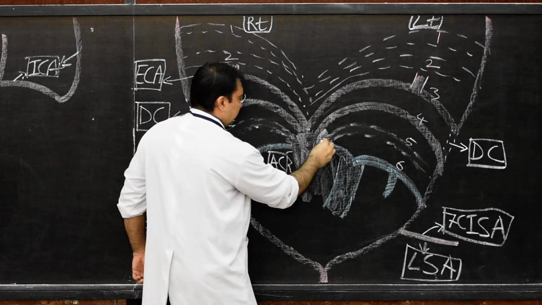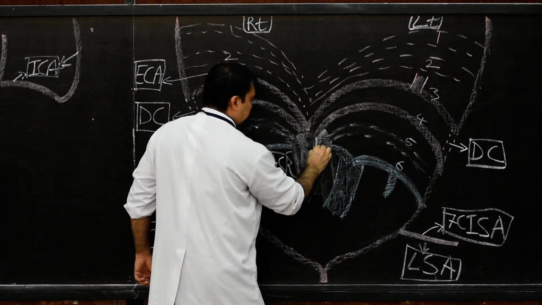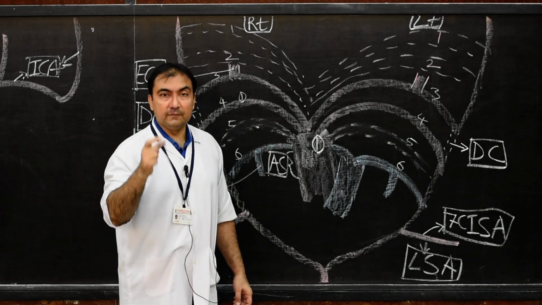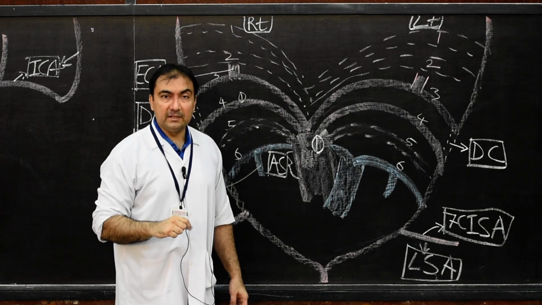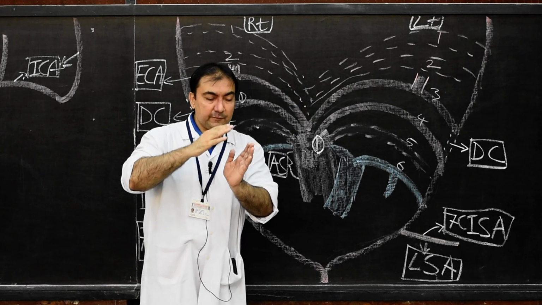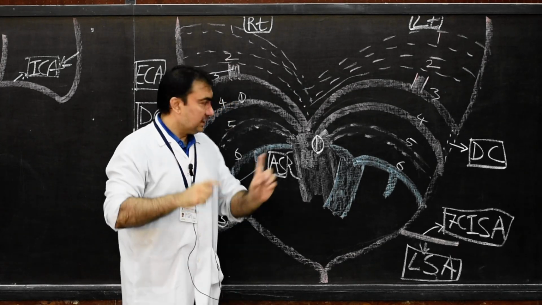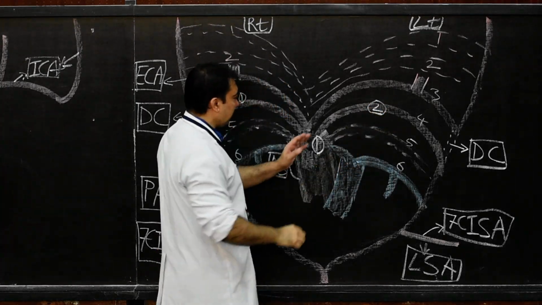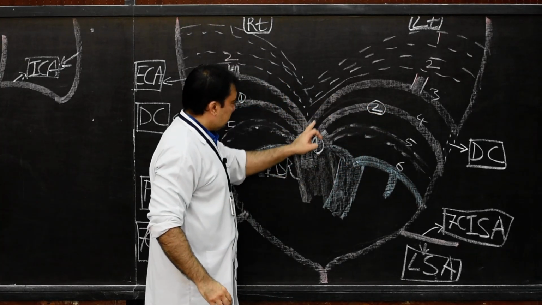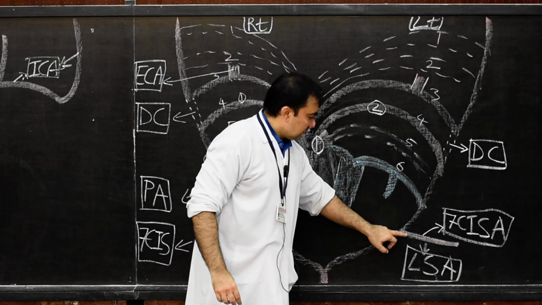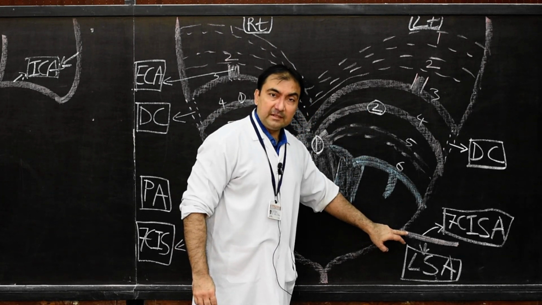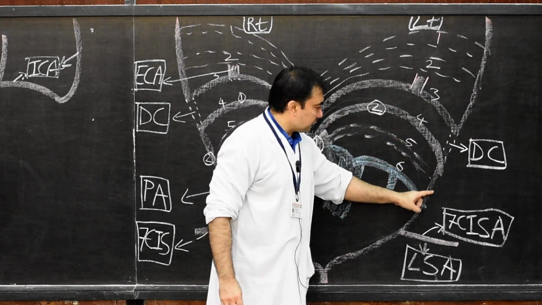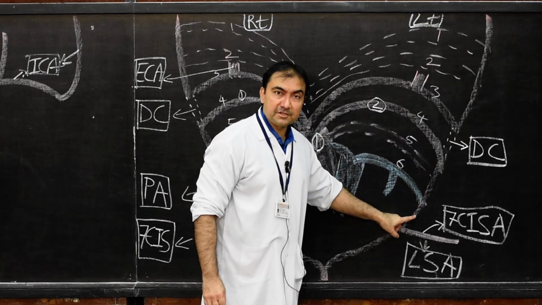The first segment will be here, this much is the first segment. That is the left horn of aortic sac will be the first segment of arch of aorta, and that segment is between brachiocephalic trunk and common carotid. Second segment here, this will be the second segment of arch of aorta between common carotid opening and left 7th cervical intersegmental artery. So this will be developed from the left 4th arterial arch.